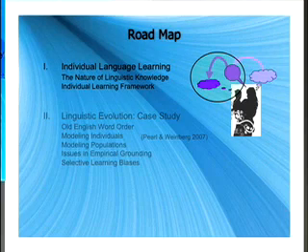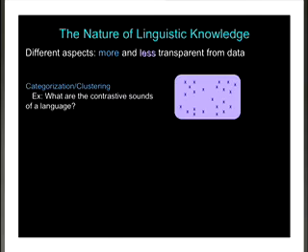To begin with, the nature of linguistic knowledge. We're going to be focusing on this process right here, the transfer from the adult speakers or other speakers of the population to young members of the population. There are many different kinds of information that you would want to transmit in your population, and some of them are more transparently extractable from the available data, and some are less so, from what I've been able to gauge.